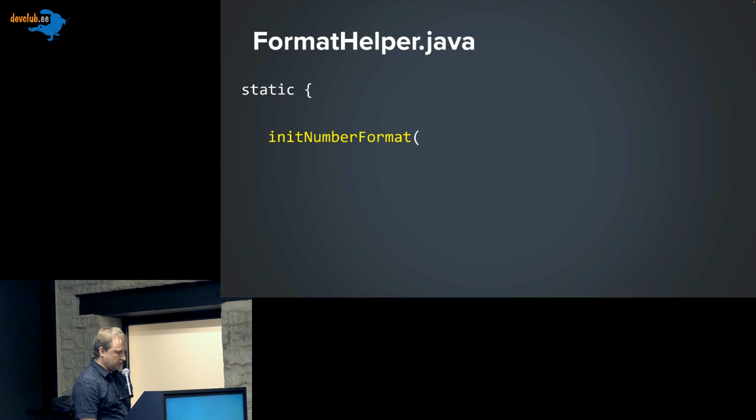I probably won't go too deep, just highlight the root cause. In the beginning, it has such a block to initialize the decimal format somehow for system locale. So it did not just use system locale, it changed the details of system locale. Let's check it out. We got system locale and called the method init number format. This method init number format for system locale